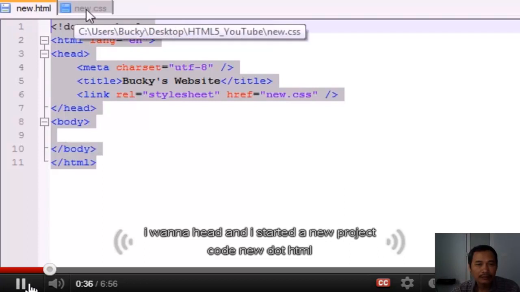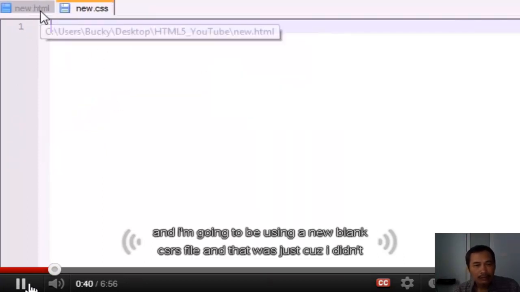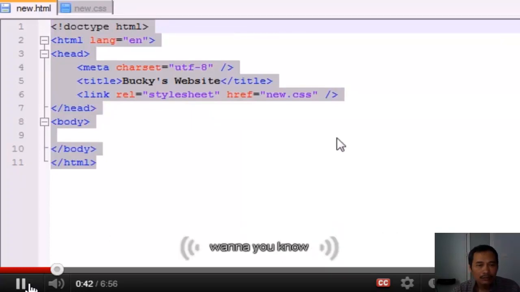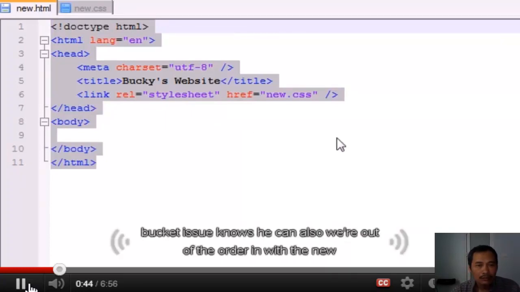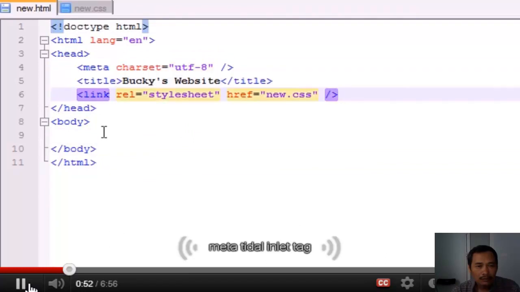Empty like this. And I'm going to be using a new blank CSS file, and that was just because Bucky.html was getting kind of old, so we're out with the old, in with the new. So what I did is I just got our basic template with our basic setup: meta, title, and link tag, and make sure you